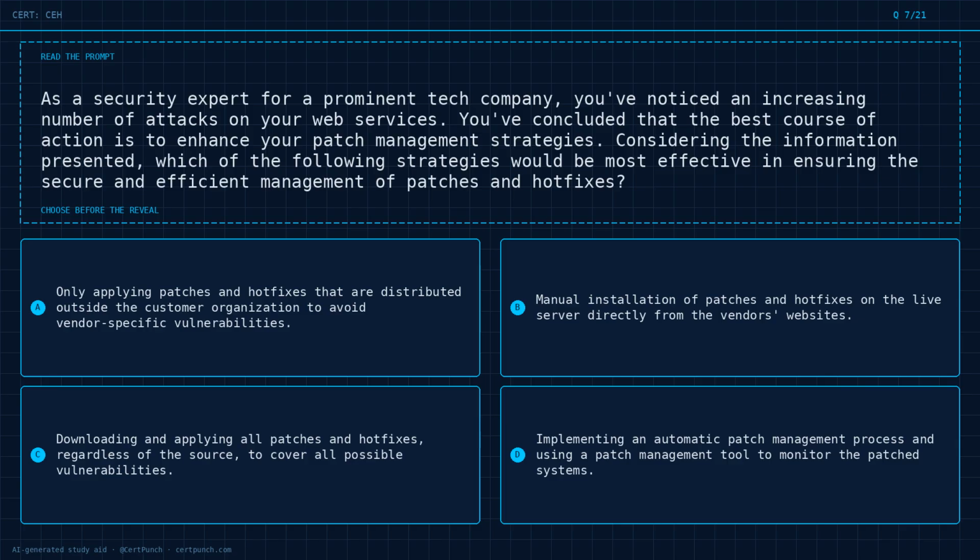Question 7 of 21. As a security expert for a prominent tech company, you've noticed an increasing number of attacks on your web services. You've concluded that the best course of action is to enhance your patch management strategies. Considering the information presented, which of the following strategies would be most effective in ensuring the secure and efficient management